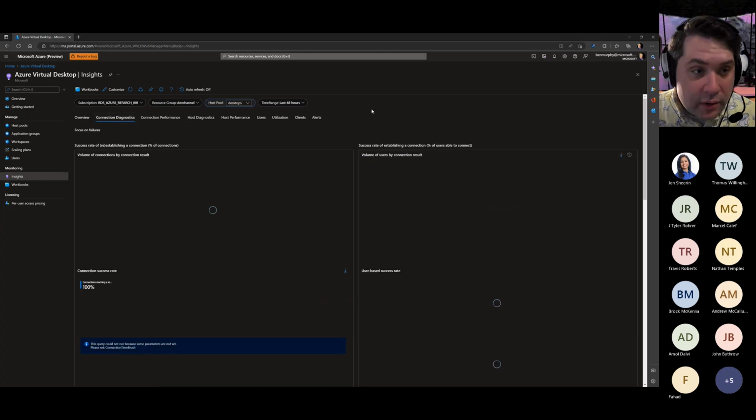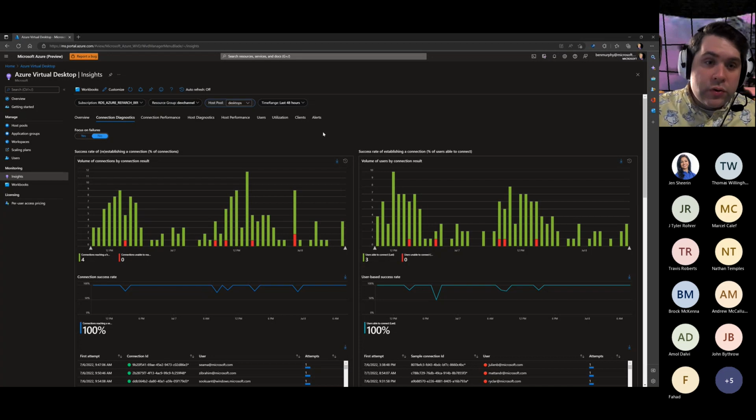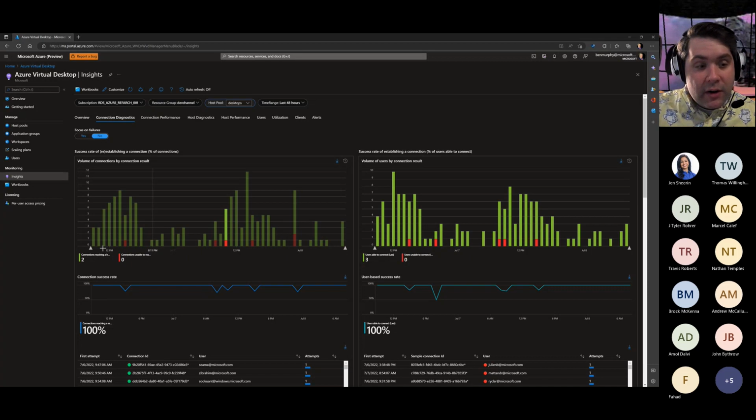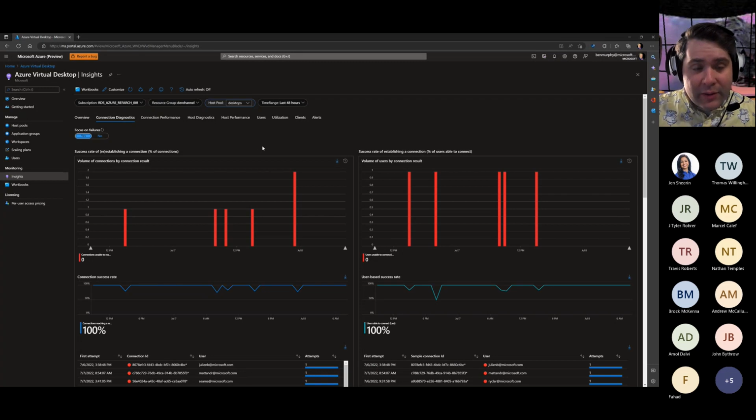So to go ahead and drill down a little bit, the connection diagnostics area is designed to allow you to get a sense of, are users able to successfully connect into this environment or not? So you can see in our case, the majority of connections are successful. So what I might want to do is focus on failure events. So by highlighting this, I've eliminated the successful connections, and I can see here that, yeah, actually fairly recently, we've